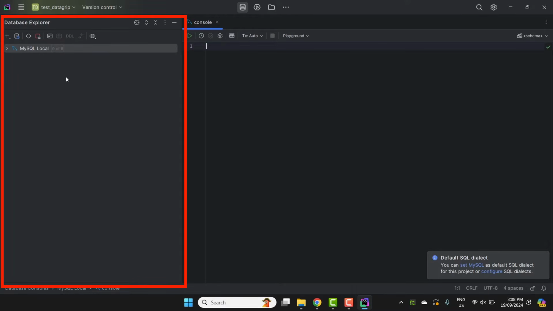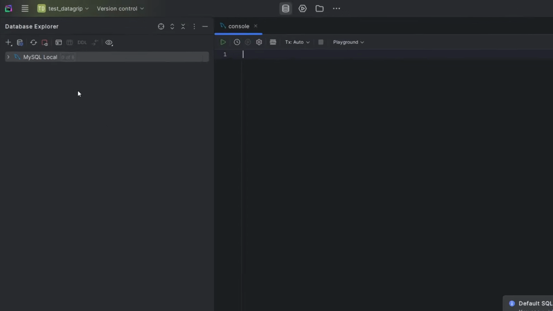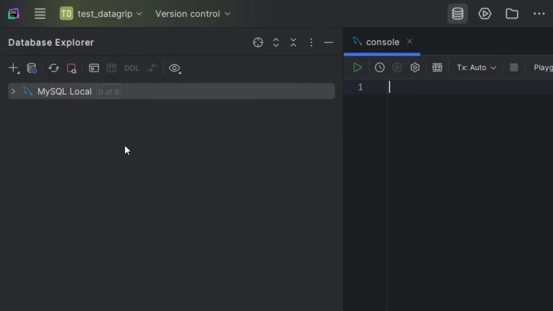On the left in the Database Explorer, we have our new connection. In the main part of the screen, we can now see a tab labelled Console. This is an area where you can run SQL queries. Let's expand our connection on the left. Click the arrow next to the connection here. We don't see anything shown here. We know there are some schemas in this database, but where are they?